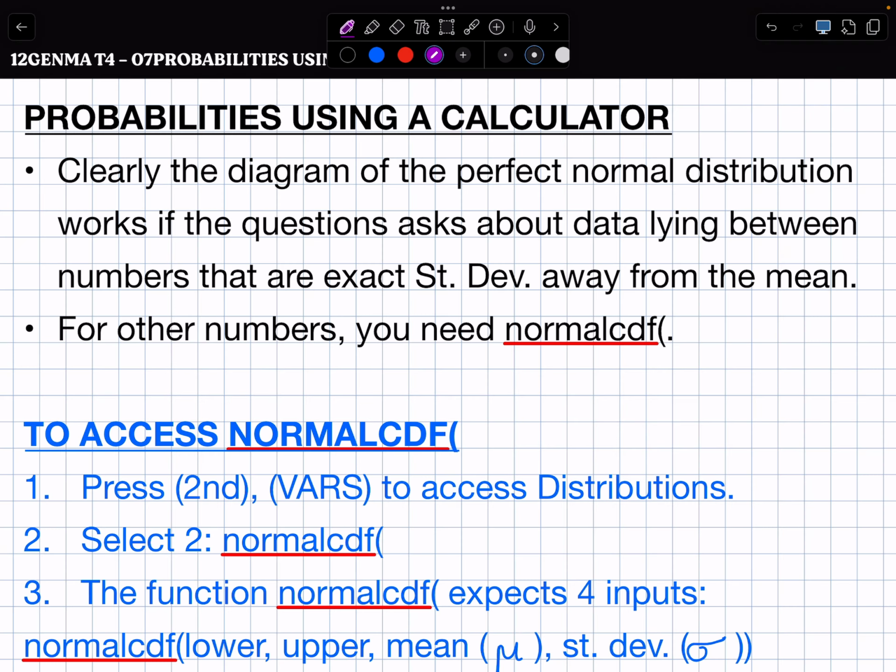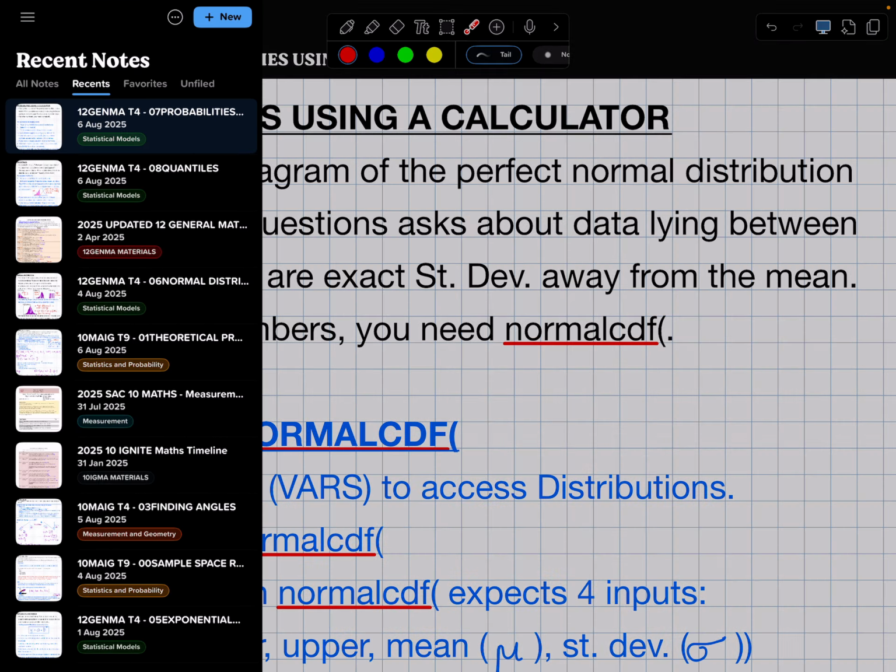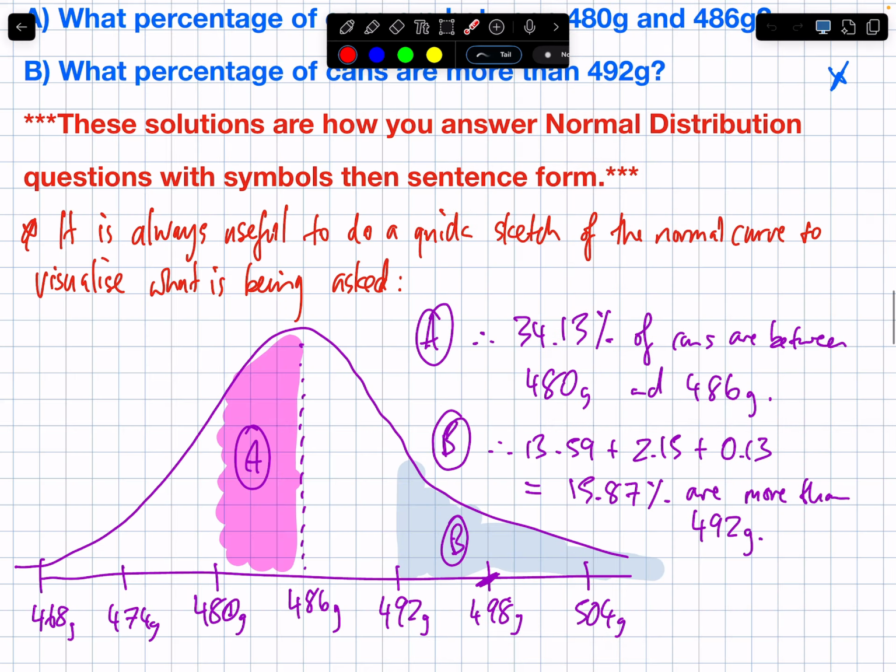Okay, clearly, from last lesson, if you did the practice or you listened to the lesson, you would see the diagram of the perfect normal distribution only works a limited amount of ways. What do I mean by that? If I go back to that lesson, we were only able to answer this